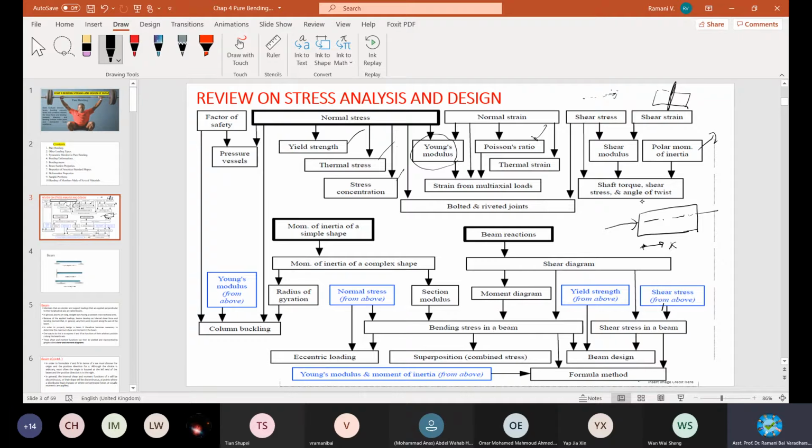Recall the torsion formula. Remember? Yeah. So remember those things. Like I say, a little bit of remembrance is required, although we give the formula to you, right? Then shaft torque, shear stress, and angle. These are the three things you will be determining. Either one will be given, you need to find the other, and so on, right?